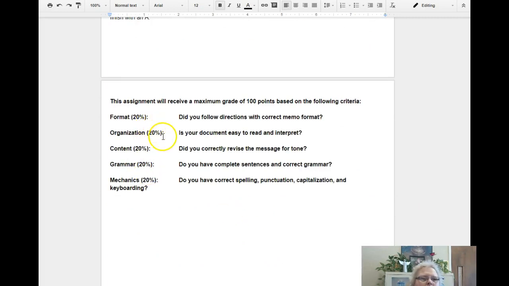All right, and again, 100 points for the assignment. Format, 20%, organization, 20%, content, 20%, grammar, 20%, mechanics, 20% for that assignment. So 3 assignments to do this week,